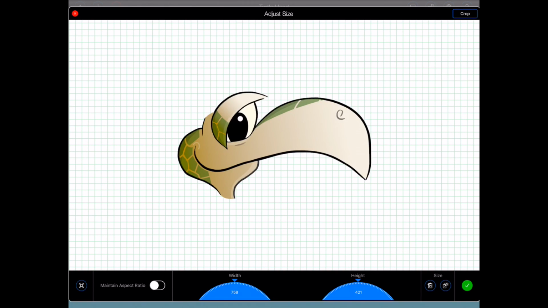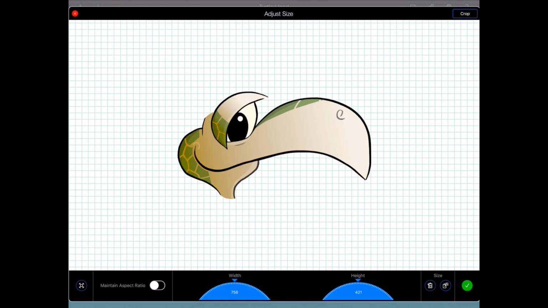You'll notice that there are two clipboard buttons at the bottom of the screen. These can be used to save the width and height details to the Animation Pro clipboard so that they may be reapplied to future images. You may, for example, wish to create a whole bunch of different hands for your figure. If they're all made exactly the same size, item substitutions will be much easier when animating.